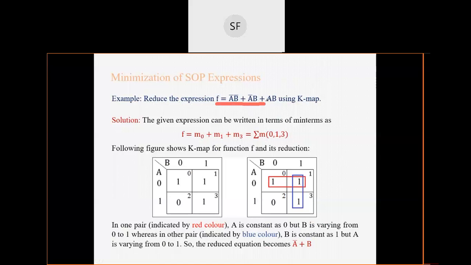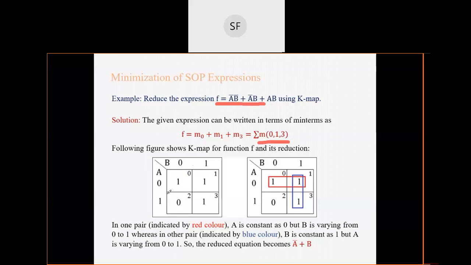So now three minterms are present. If you observe carefully, it is in sum of product form and it has three minterms. So this is minterm number 0. Why? Because both are complemented, so you have to write 0 0. Here it is 0 1, and AB is nothing but 1 1. So that means 0, 1, 3. That is, three minterms are present here, and this is the given form 0 1 3.